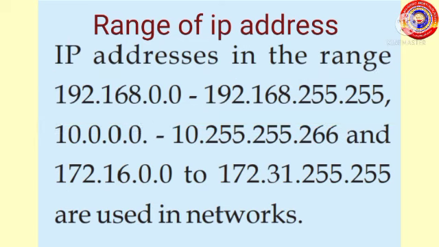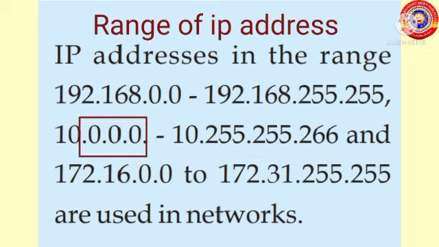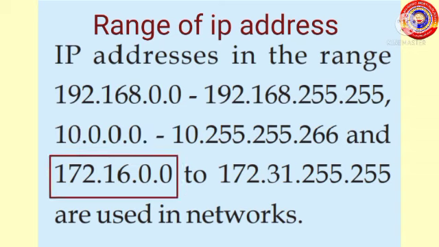Okay, here for the first range, that is 192.168.0.0, we can give any value ranging from 2 to 254 instead of the last 2 zeros. The numbers 0, 1 and 255 are reserved for some technological purposes, so we can't use those numbers. We can use the numbers ranging from 2 to 254 only. And for the second range, starting 10.0.0.0, you can give any value from 0 to 255 for the 3 zeros. Also for the last range, we can give any value from 0 to 255 instead of these zeros.